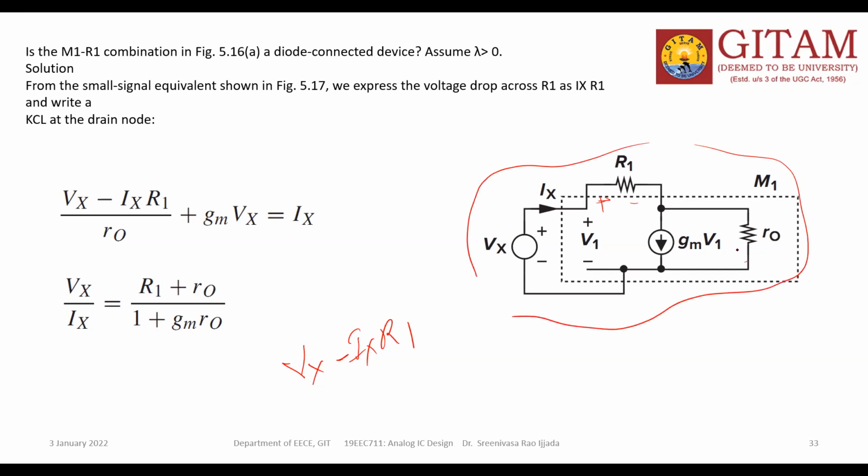Okay, here is the drop. You can write the drop is plus 2 minus R0 into the current. What is the current here? The current is coming like this, so the current is going this side, and the rest of the current is coming this side. So you can write GM into V1 is equal to 0. This is the KVL for this loop.